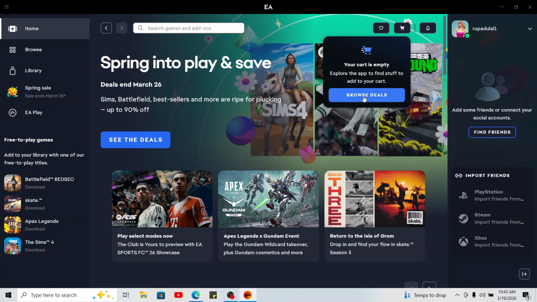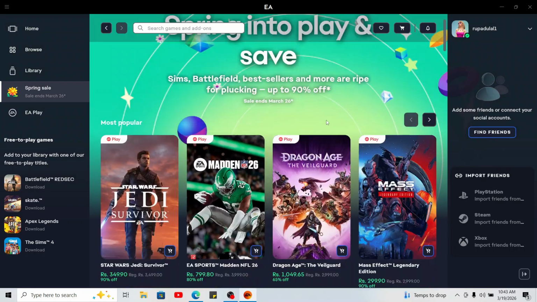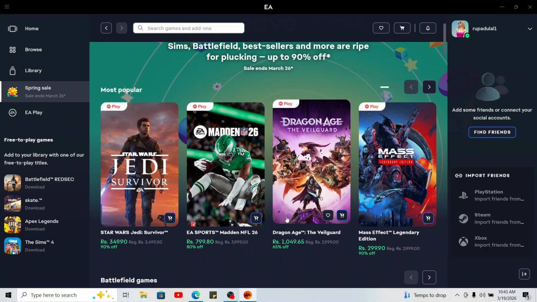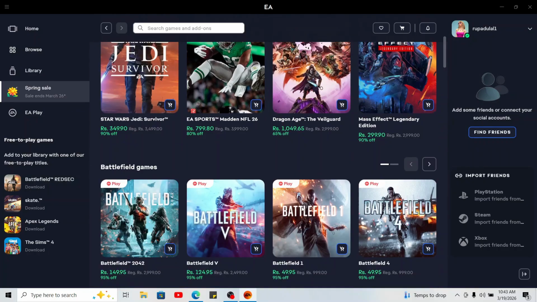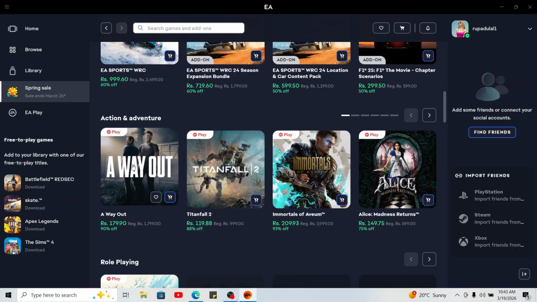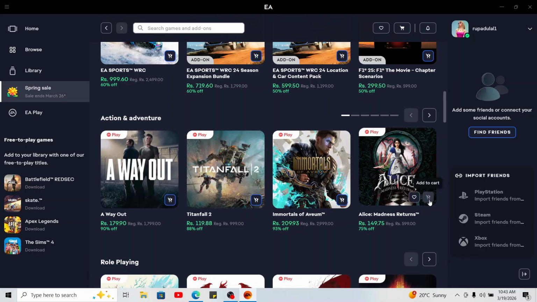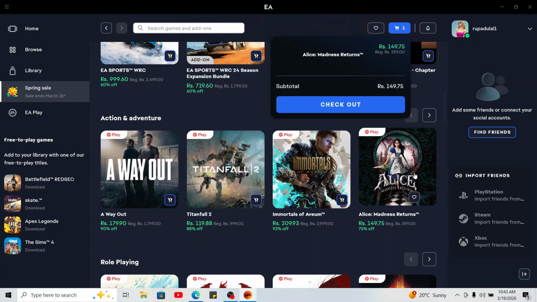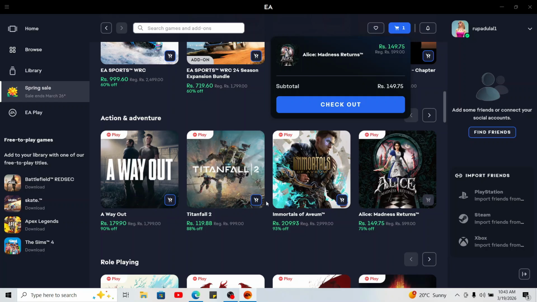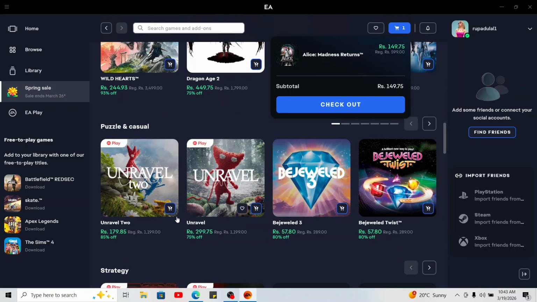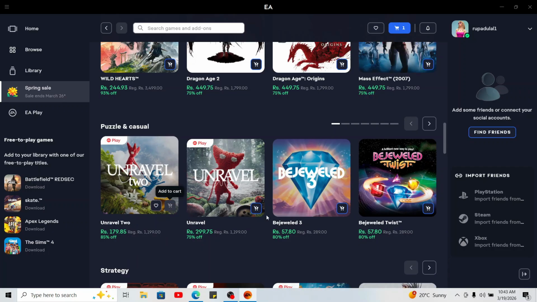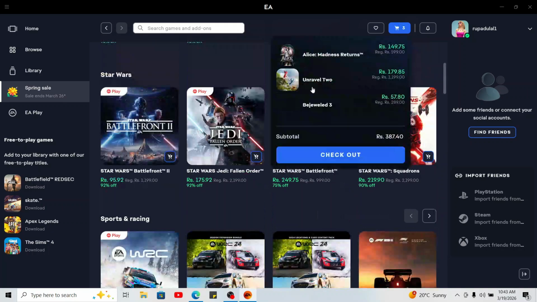Now click on Browse Deals, and from the menu that appears on the screen, select the game you want to add to your cart, and once you find the game, from the game's thumbnail, click on the cart icon underneath it. Soon after you do that, you will be able to add the specific game to your cart. You can add multiple games to your cart. Just find the game and click on the cart icon underneath it, and the game will keep adding on in